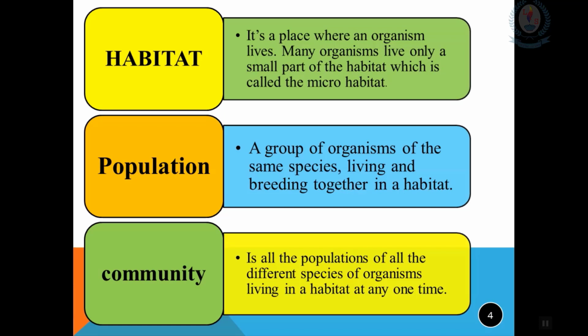Population is all the organisms of one species in a habitat. For example, we can take a population of ladybirds in a field. But when it comes to community, it's all the different species living in a habitat together at a particular time. For example, a habitat such as a rock pool will include communities such as seaweeds, shrimps, crabs and other crustaceans.